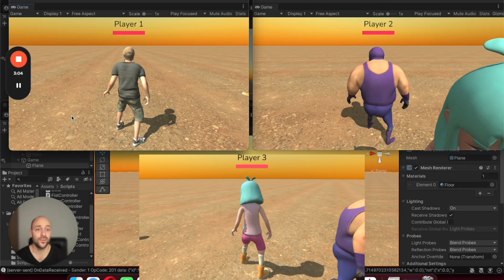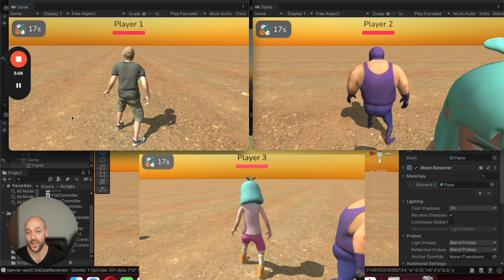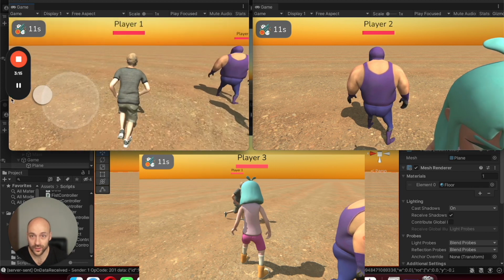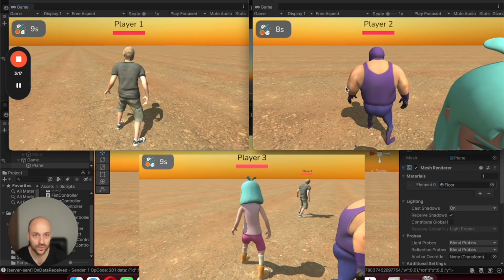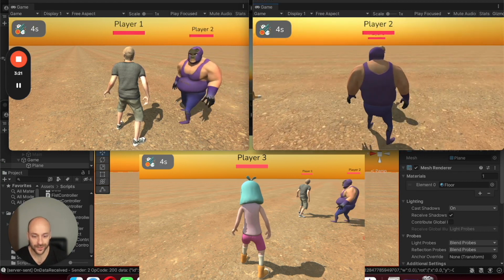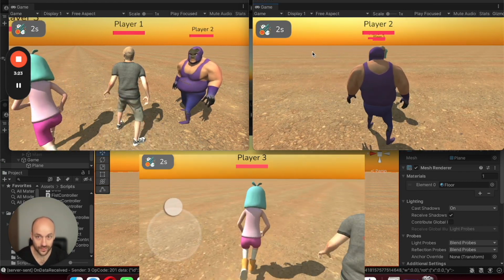Okay, so I have the application running on 3 Unity clients, 2 on my laptop and 1 on the Samsung device. I will try to go near the impact point. So there we go. I'm running to cycle. And yes, so let's wait.